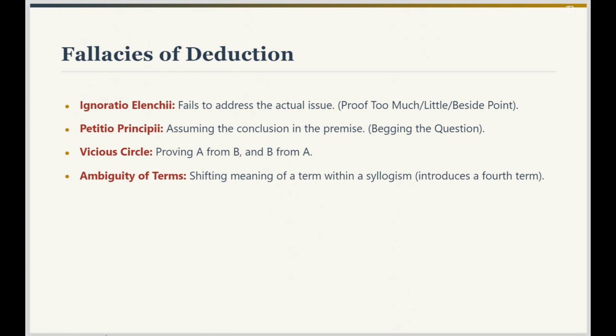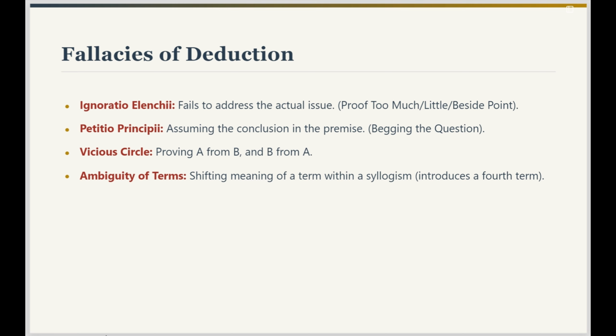First up, deductive fallacies. Ignoratio elenchi is basically missing the point. You argue about X, but prove Y, Z, or something irrelevant. Like arguing about whether to go to war by giving a lecture on the general immorality of all war. Petitio principii is the classic circular argument. You assume what you're trying to prove. Positivists defining the self purely from consciousness states might be doing this, assuming a self exists to begin with. Vicious circles are similar, proving A from B and B from A, going nowhere.